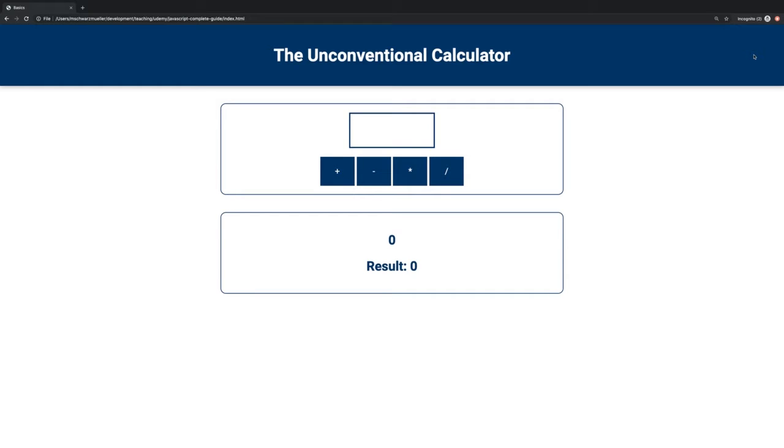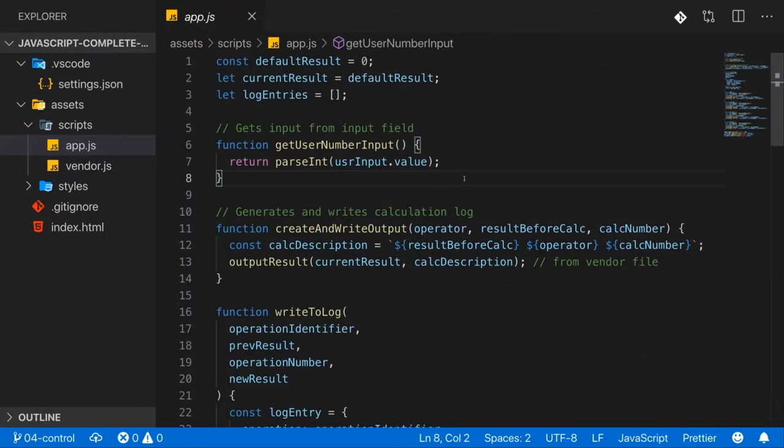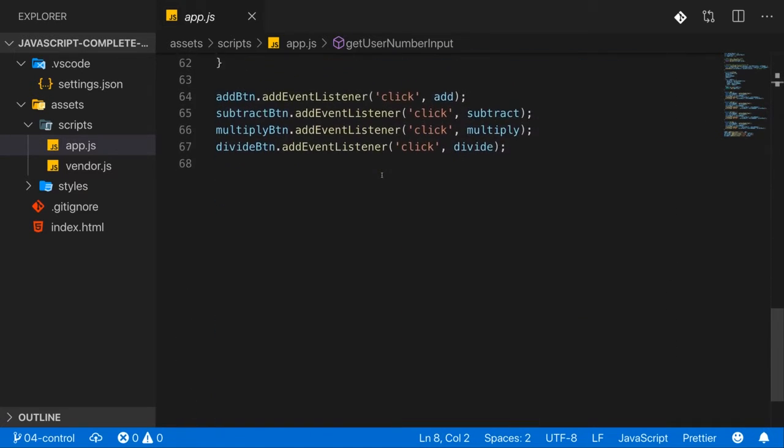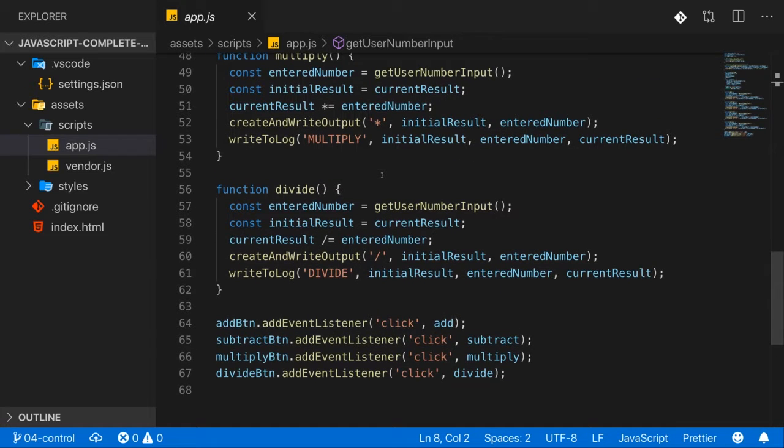For this, I want to reuse the calculator, and attached you'll find my version of that calculator, the one we finished in the basics module. You can of course also use yours or just download and use mine to have exactly the same code. And in there, I want to give you an example of how we could use conditional expressions to optimize this